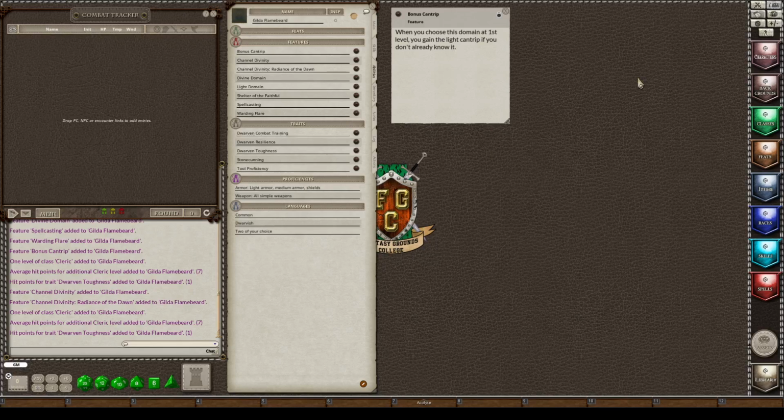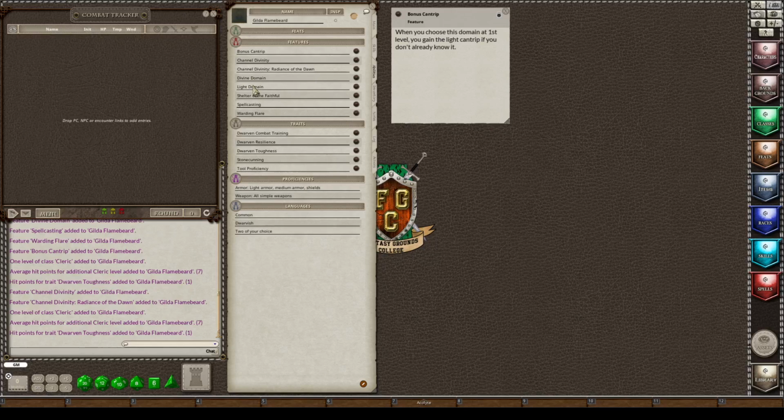Now I've already looked this up, and I know that my character gets to prepare 6 spells per day, and she gets 3 cantrips, but with the bonus cantrip, I'll be able to pick 4 cantrips. I'm going to have Radiance of the Dawn, but I'm not going to be adding that to the character at this time. That's going to come when I do the additional video with the bonus features, different customization.